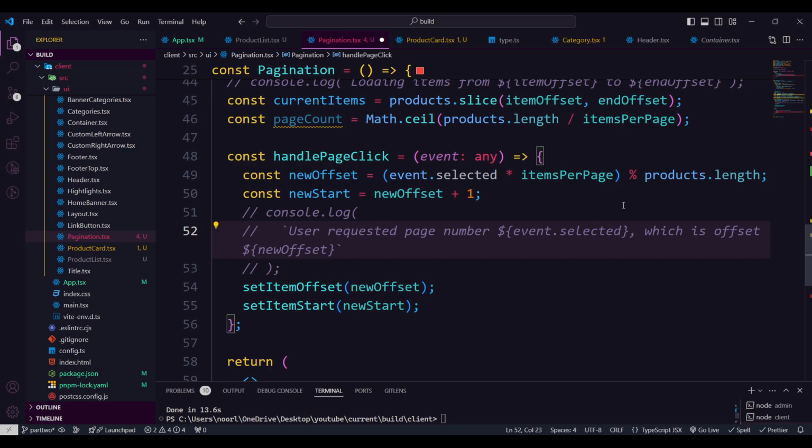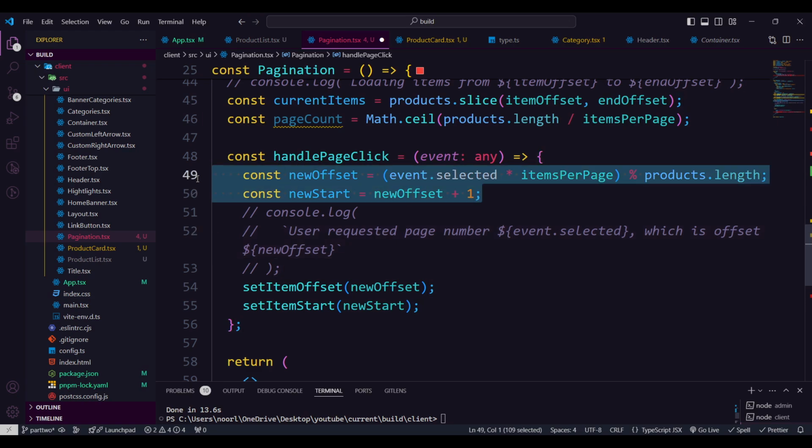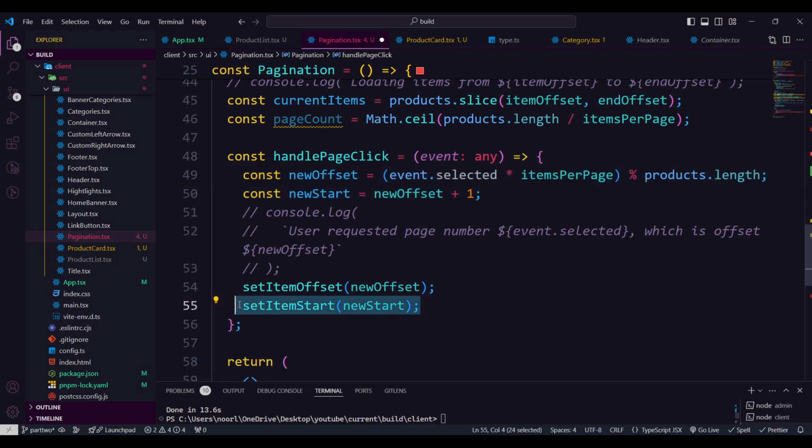So per page we define with that percentage is just going to compare the length. If it's finding that some of the items are available, then we're just doing it with the new start, and set item start is keeping with the new start, set item offset is creating with the new offset. If I'm going to explain those things, the video is going to be much longer. So what I'm referring you to, go with React Paginate, read the documentation, and you will understand much better, and also try to implement it, rather than in this project, try to implement it in another project as well,